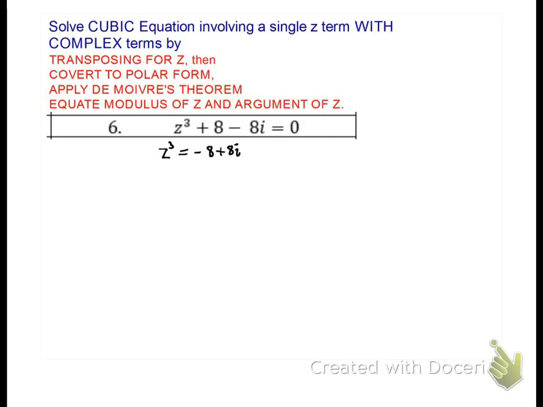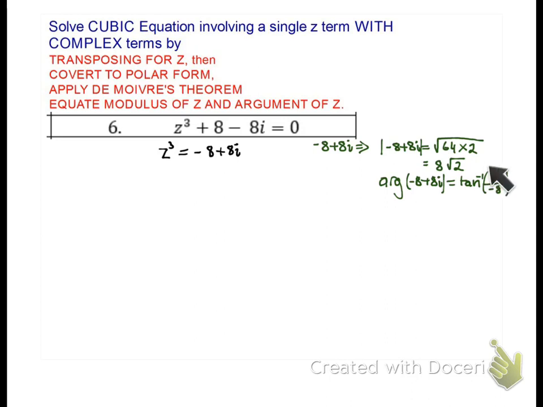Okay, now let's go about transposing our number. So we bring the terms, the real and the imaginary terms, to the other side. And our strategy is to convert both numbers to polar form. So let's get the polar form here. The modulus gives us an 8√2. And the argument, evaluating the inverse tan,